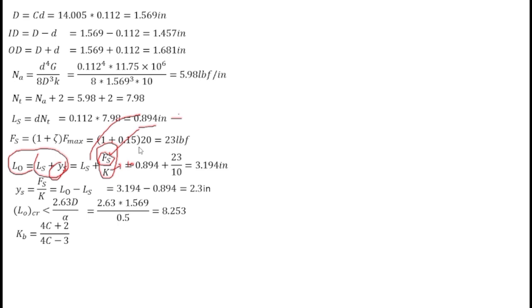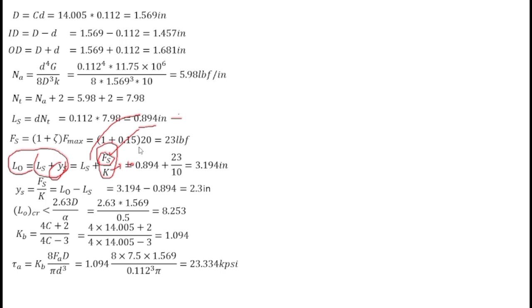And Kb can be found from this equation, which is equal to 4c plus 2 divided by 4c minus 3. It will give you 1.094 by putting the value of c equal to 14.005. Now after that, tau a can be found from this equation, which is equal to Kb into 8 Fa into mean coil diameter divided by pi into wire diameter cubed. Fa is 7.5, previously calculated, mean coil diameter is 1.569 and wire diameter is 0.112, so it will give you